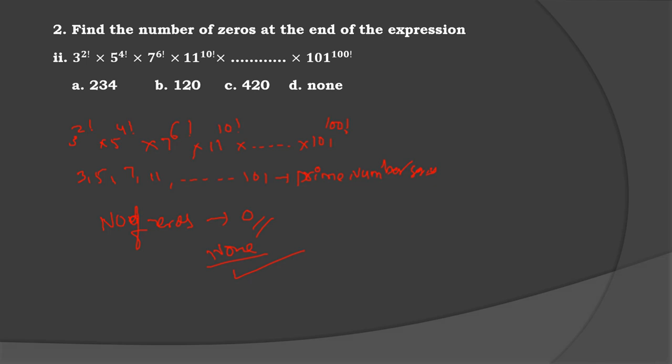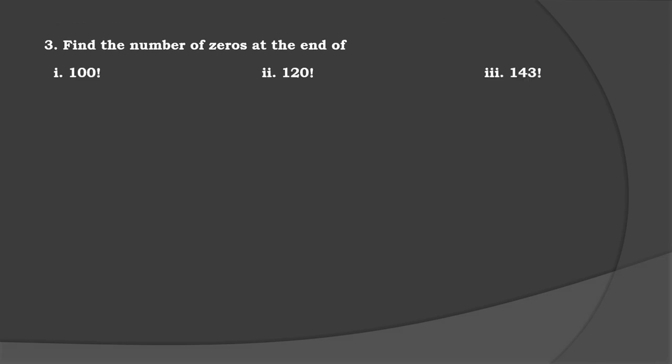The next one. Now look at the question. This one is the second model in finding the number of zeros, and that was the first model. Find the number of zeros at the end of 100 factorial. You know the concept, like the number of zeros equals to